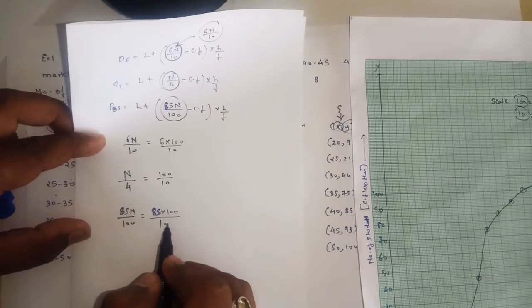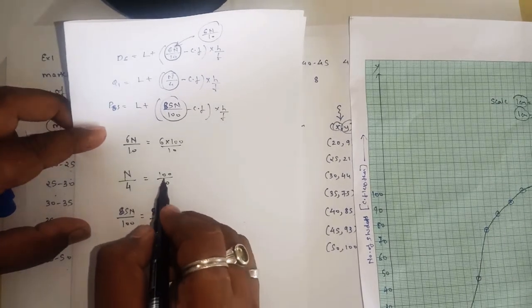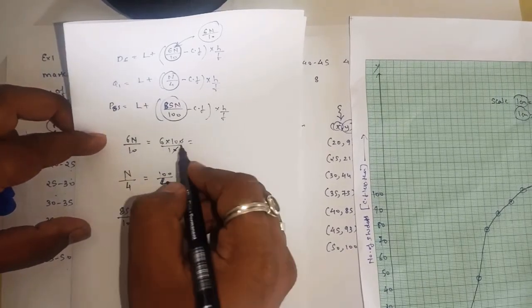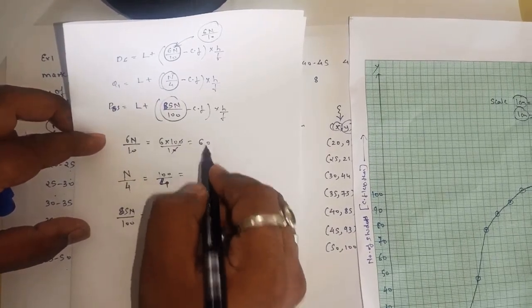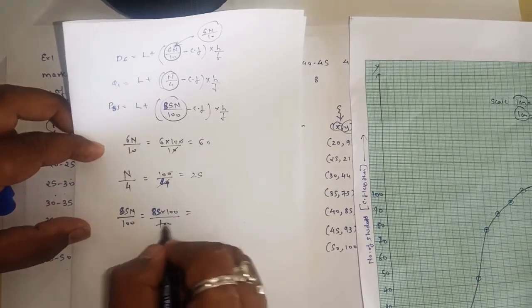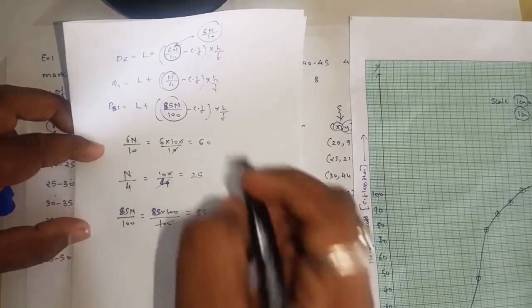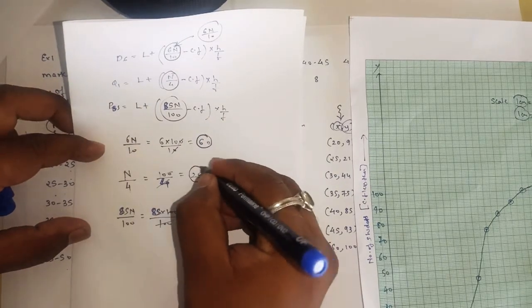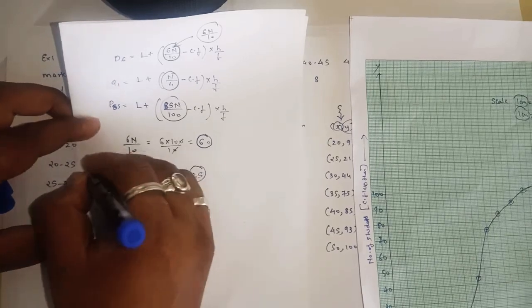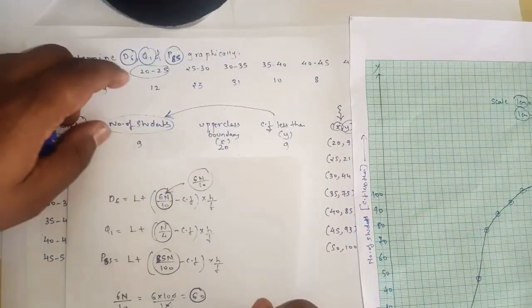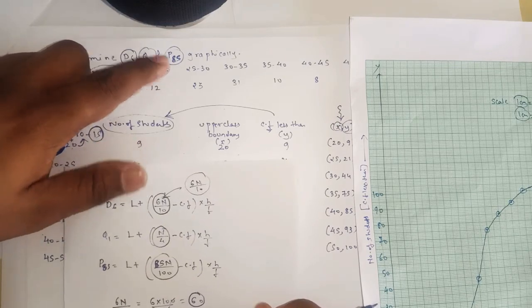upon 100. Sorry, here 4 will come, as it is quartiles. So now the 0s will get cancelled, so here you will get 60. So your answer will be what? 25. Your answer will be what? 85. Just simply focus on these numbers, 60, 25 and 85. So this is the second method by which you can find the answer of D6, Q1, P85 graphically.